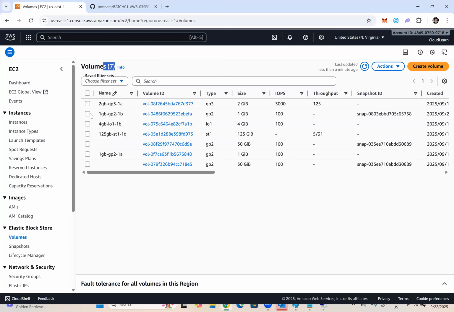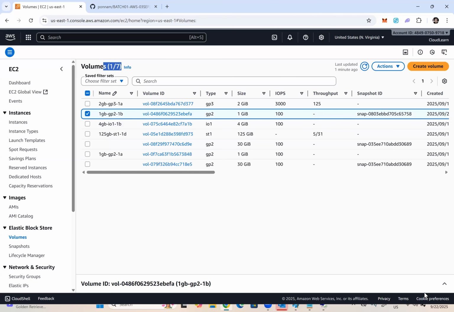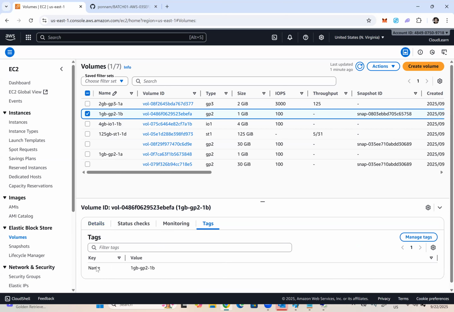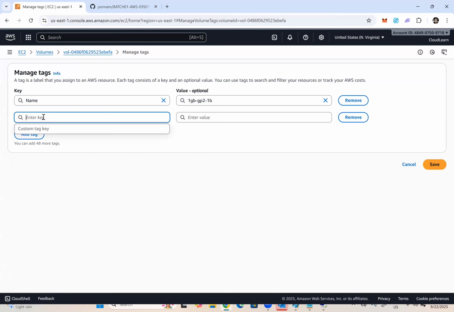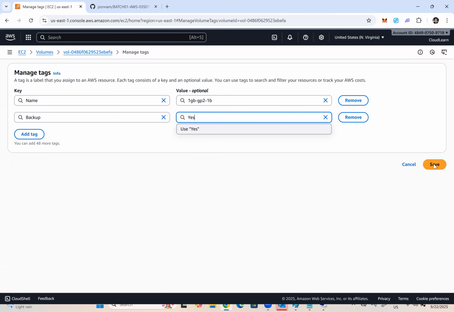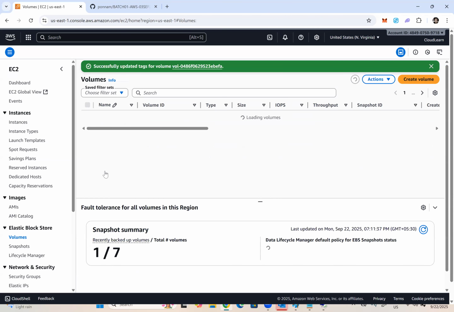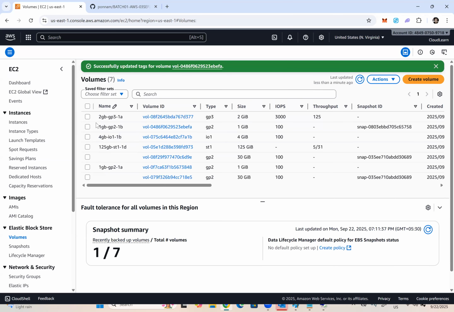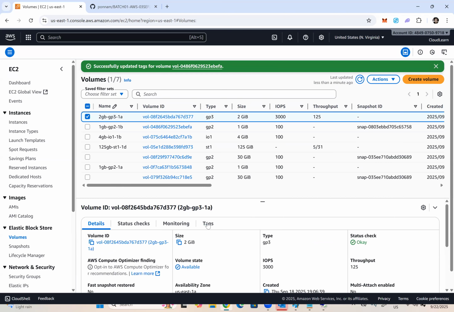How? Let us say here we have 7, right? I want to select this EBS volume, go to tags. There is a tag, but it is not backup yes, right? I would like to create a tag, add a tag, backup yes, save. One volume, and then another volume, this one, tags, manage tags,